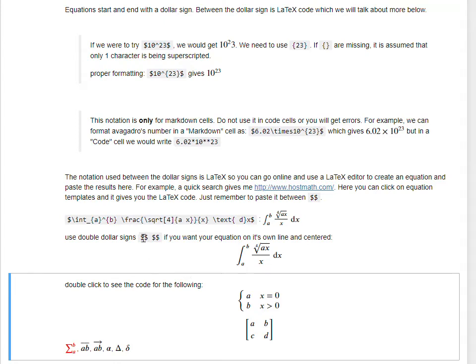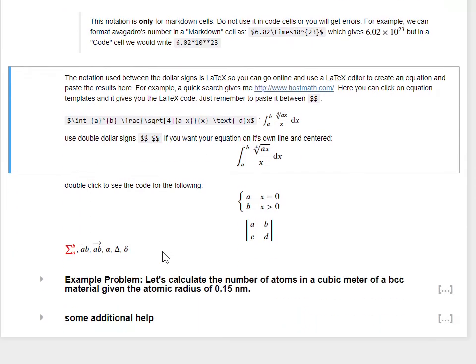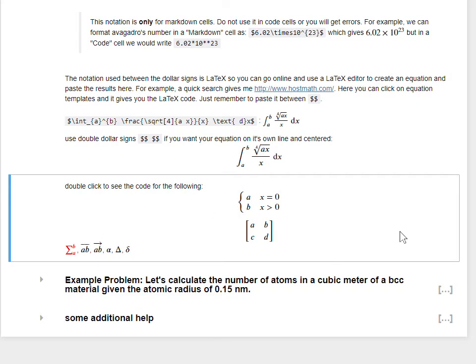If you use double dollar signs instead of just the singles and put everything in between those, then it will automatically use a new space and center your equation. All right, so I have some other ones in there. You can go ahead and double click on those, and you can see how you could write